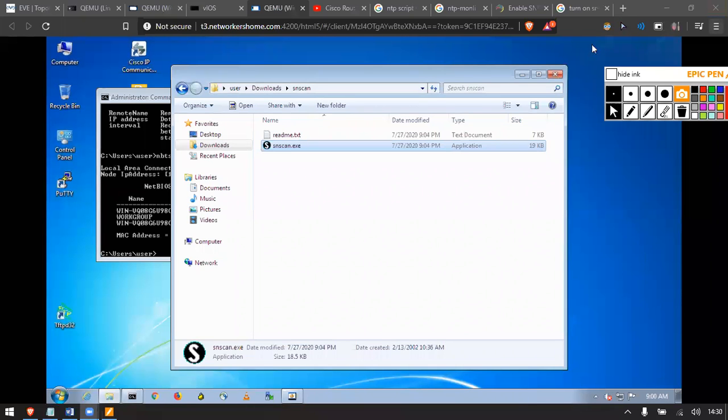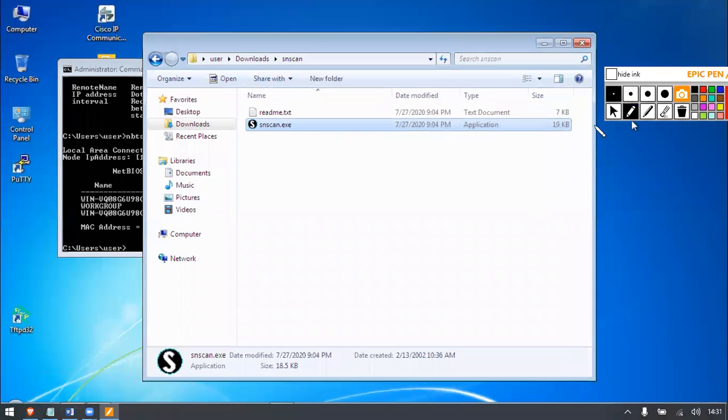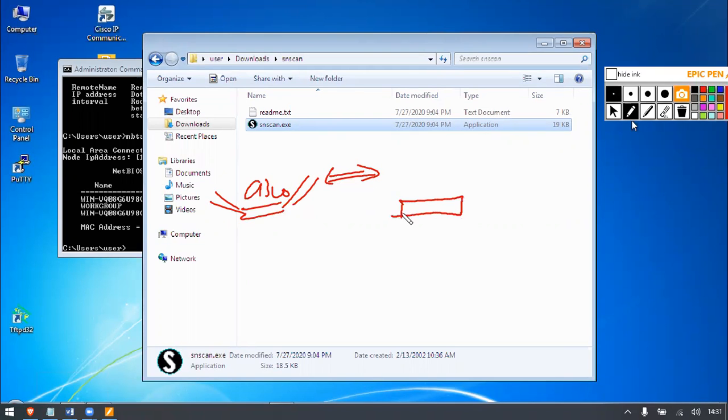So we are back. Let me make it full screen. Okay, so as we talked, we are talking about SNMP enumeration. I have by default opened my SNMP port in my Cisco router, so that it is easier for me to scan the SNMP port. So you can actually know everything which is running on that Cisco router by that SNMP open port.